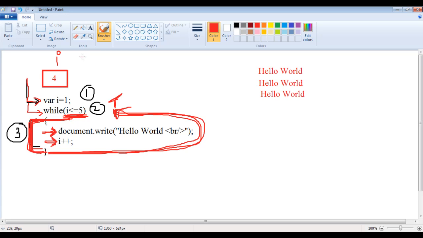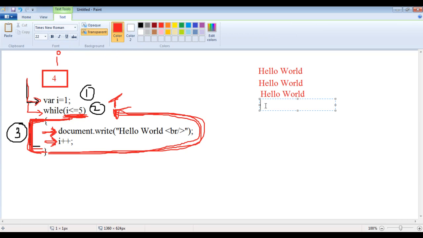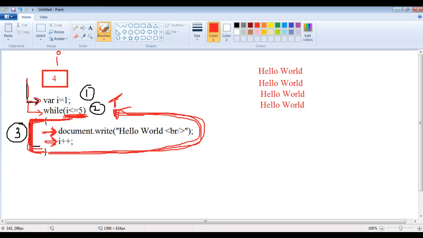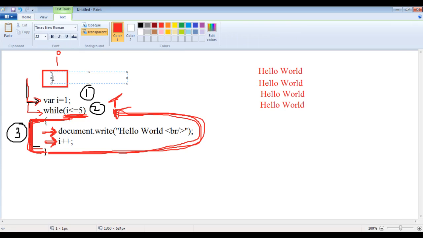As the condition is true, the body will be executed. document.write displays hello world and moves the cursor to the next line. After executing that, the control executes i++, so the i value is incremented by 1. i is going to become 5.